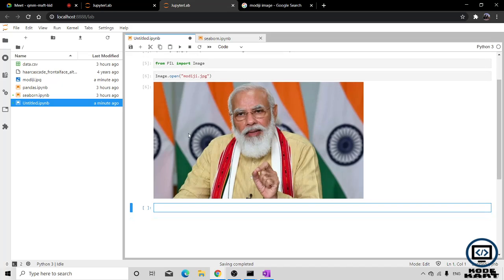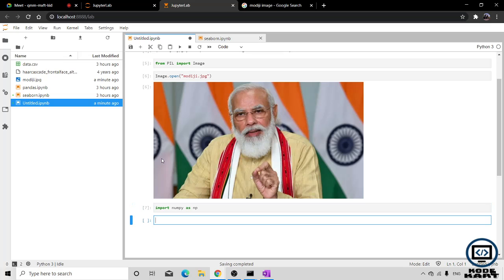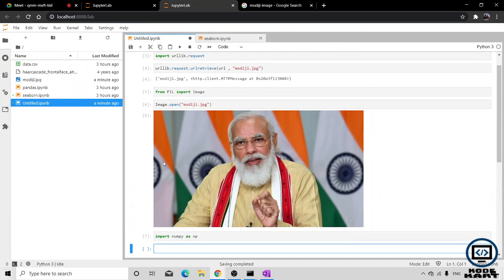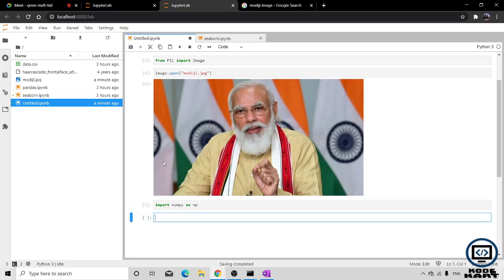Moving forward, I want to show you the height and width, and whether the image is a two-dimensional or a three-dimensional view. So we are going to see that now. For this I will import numpy as np. After importing numpy, I want to check whether the image is a two-dimensional or three-dimensional figure.